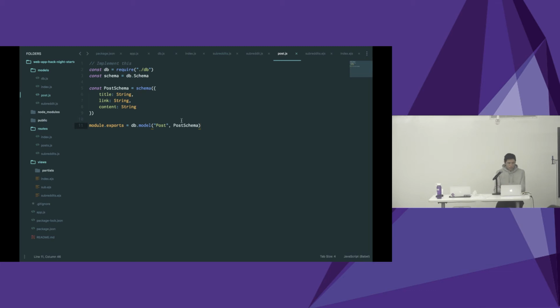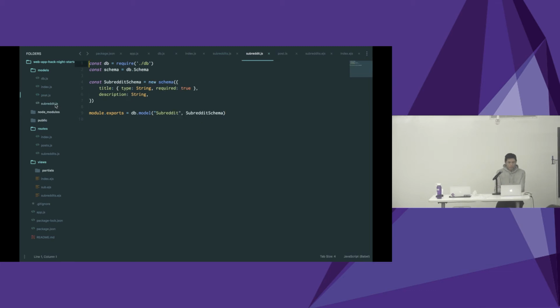The basic idea is we're going to have an attribute in the subreddit schema called posts. And it's going to be an array of IDs. And each ID in this posts array